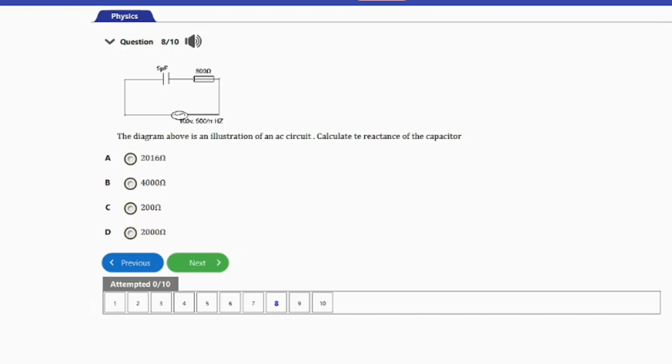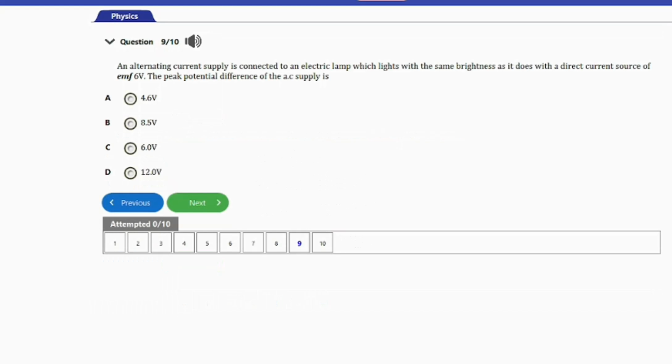So let's go ahead and consider the next question, guys. So the next question we have here is question number 9, and it says, an alternating current supply is connected to an electric lamp which lights with the same brightness as it does with a direct current source of 6 volts EMF. The peak potential difference of the AC supply is,